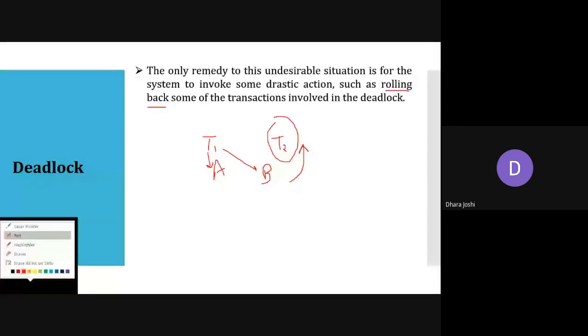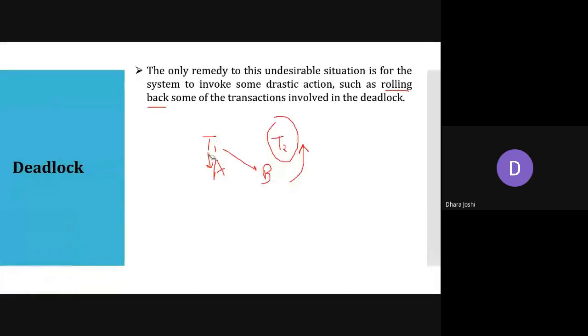T2 again start with the task. And now T2 also have both of the data item free. So it may be possible, like if we are reaching in this deadlock situation, we can do rollback of some of the transaction which are included in this deadlock, so that we have one solution where each and every transaction can complete their entire execution.